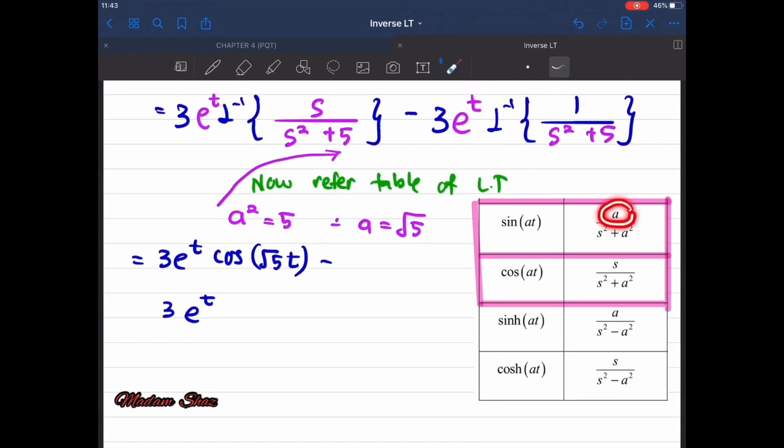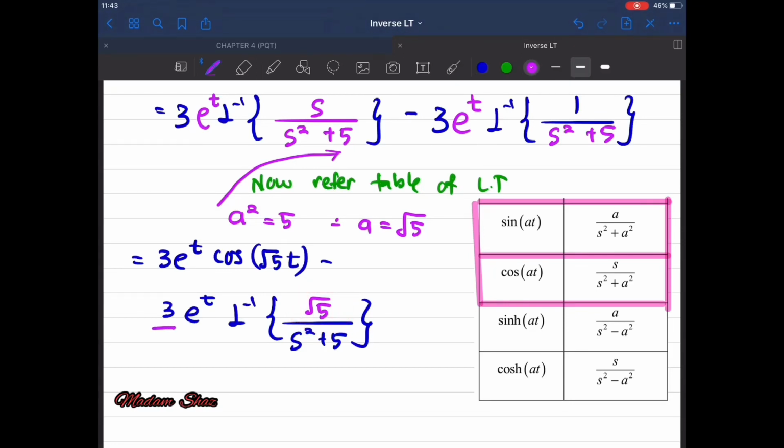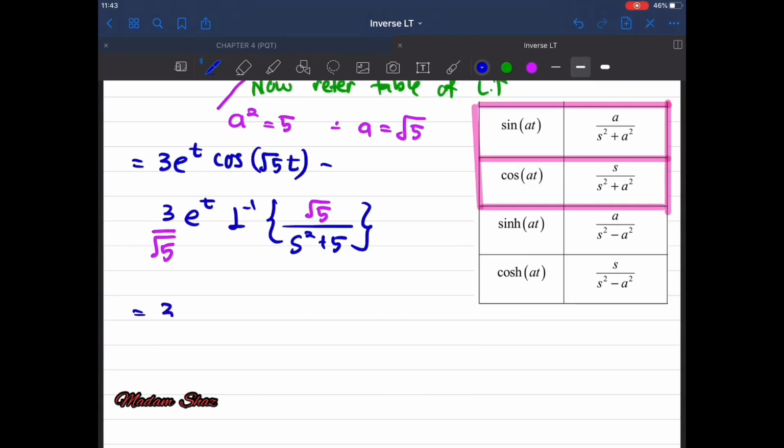We have to write a at the upper side. So this one in terms of 1, you have to write square root of 5 at the upper side. When we write square root of 5 at the upper side here, you have to divide by square root of 5 at the front. Therefore, the whole thing will become 3 exponent t cos square root 5t